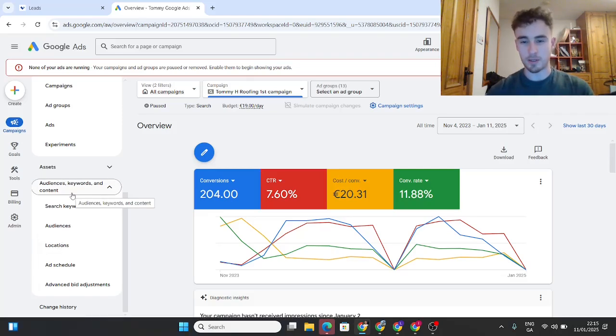And this doesn't just apply to location and ad scheduling. It applies to the ads that you're running, the keywords that you're targeting, and the landing pages that you're running. Inside Google Ads, you really want to allocate your budget to whatever's performing the best whenever you can. So if you see that some keywords are getting you the best results more than others, or that some ads are getting you the highest click-through rates and some landing pages are getting you the highest conversion rates,